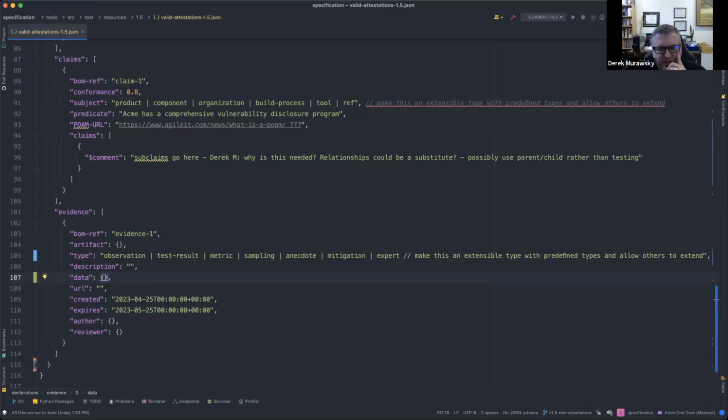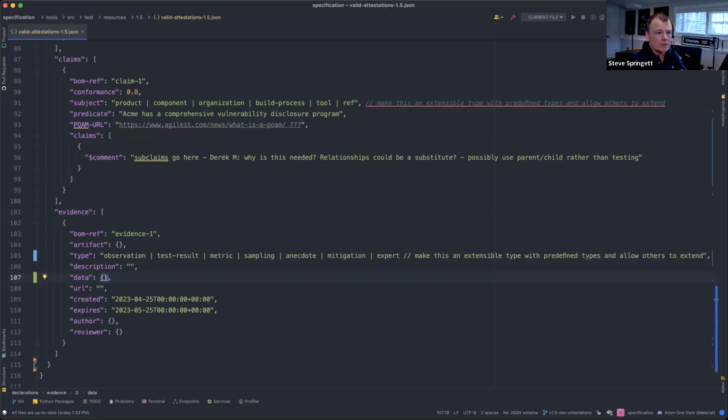I guess the question is, do we want this document to be able to be given to somebody else, an auditor, for example, and literally have every single piece of data that they need to make the decision in the document itself? A screenshot, for example, is the type of thing that we have to supply as evidence a lot of the time. And do we really want a base64 encoded image in this file? Or do we want to link out to it?